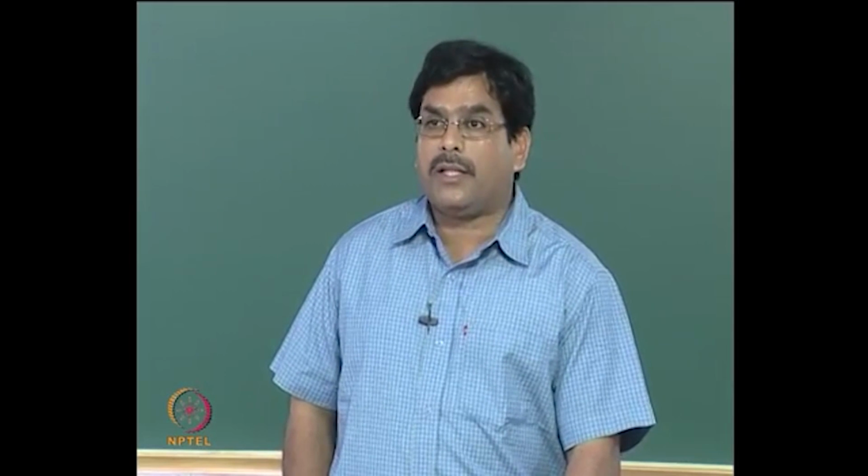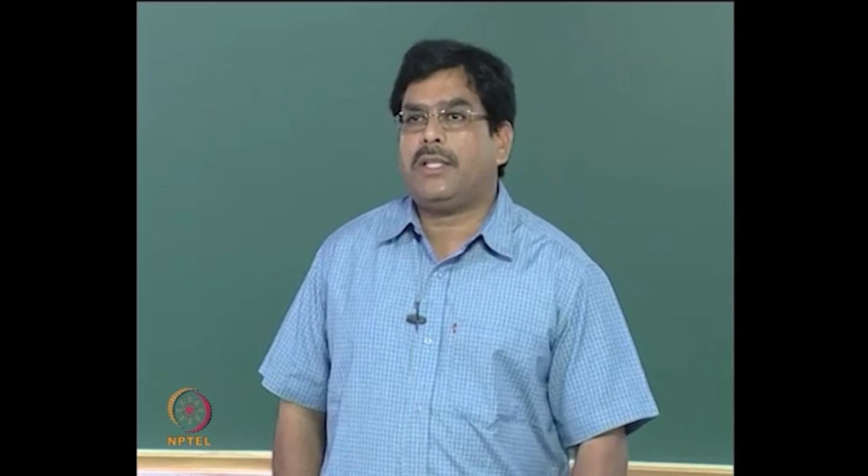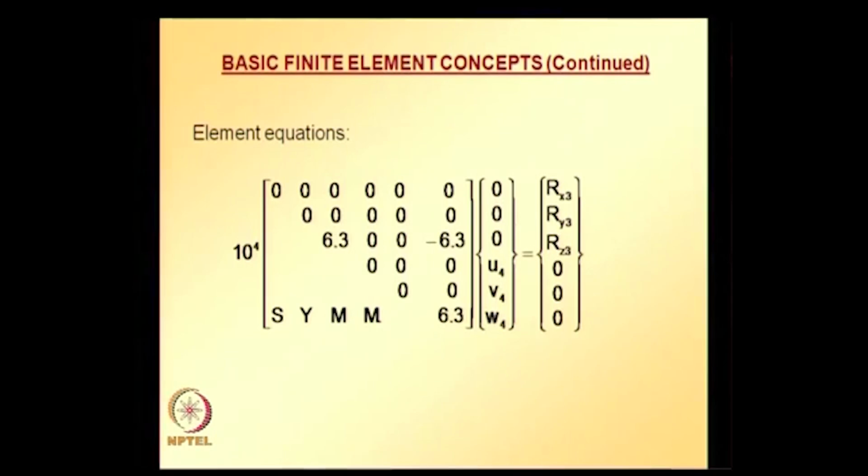Using this we can calculate the element equations for this particular element. And now we have the elemental equations for elements 1, 2, 3, and now we are ready to assemble the